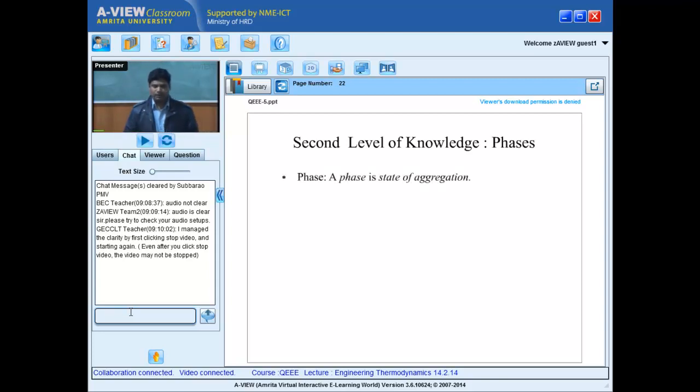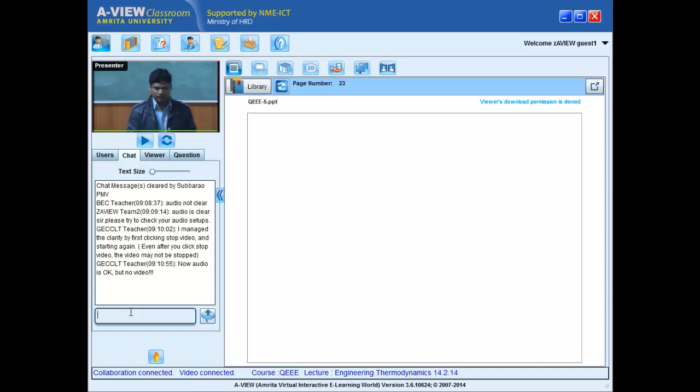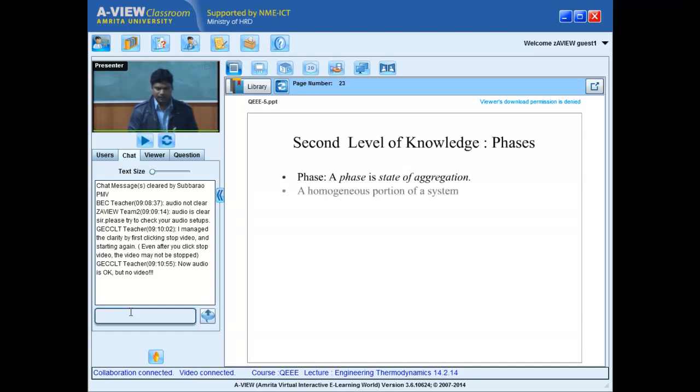Now, as I said, precisely, the phase is a state of aggregation. Aggregation of what? Every substance consists of atoms or molecules at a thermodynamic level. What is inside the atom or inside a molecule is perhaps something simple engineering thermodynamics will not worry about. The moment I have so many atoms or molecules, how they are aggregated together, physically connected together, will define a phase.